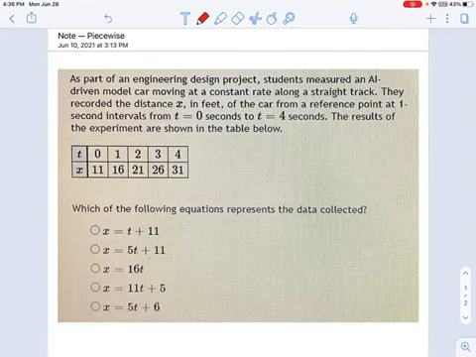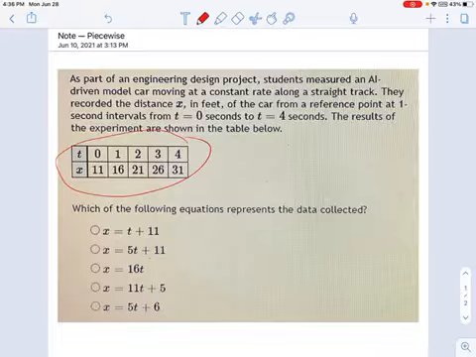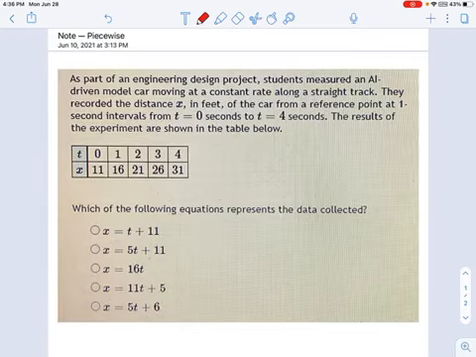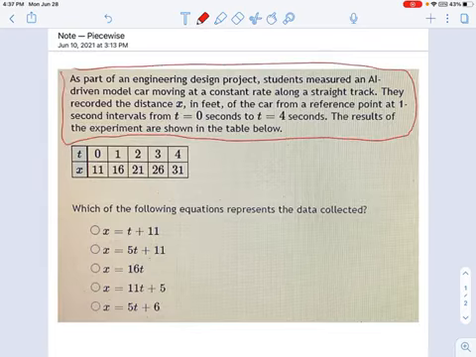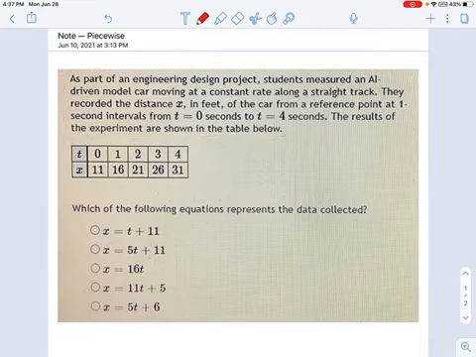So in this problem, we have another data table. It's not a big one, but I've got a data table right here. And we've got a paragraph above it, which is a lot of words. If you're in a hurry in a standardized test, remember, when you have a data table, you can usually safely assume that all the words above the table just describe the table. Maybe give you a little bit of a story about it.